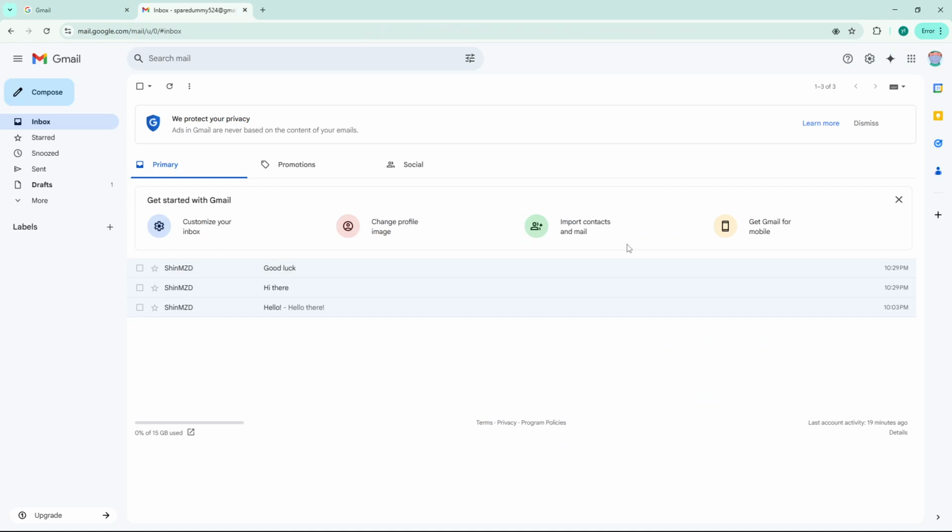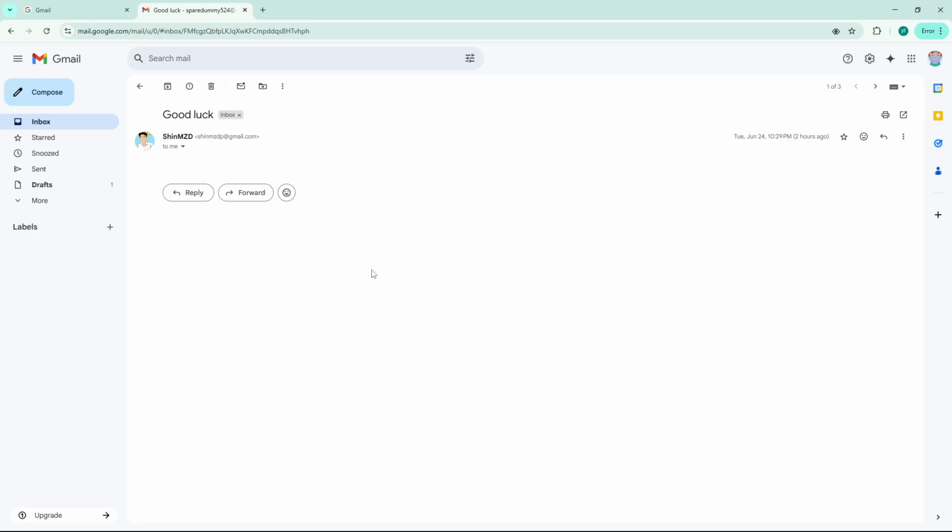Now that you're logged in, you'll want to locate the email you wish to reply to. Whether this is in your inbox or another folder, find the message and click it open. Once you've read through the email and are ready to compose your reply, direct your attention to the bottom of